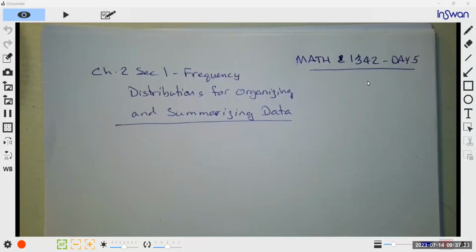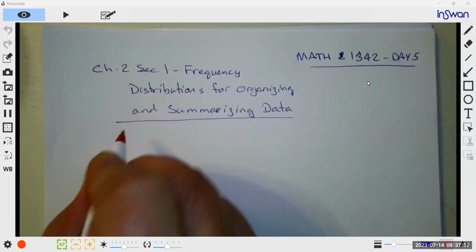The reason this is important is because, as we talked about with big data the other day, when you first get the data, it's just a bunch of numbers. It doesn't mean much. But once you organize it, you can see patterns, you can see anomalies, you can see a lot of things that you couldn't when the data was just spattered out just as they were given. All right, so what we have to look at when we talk about data,